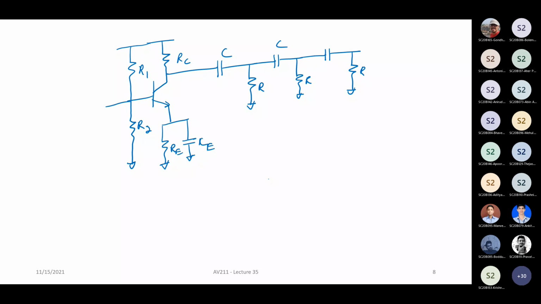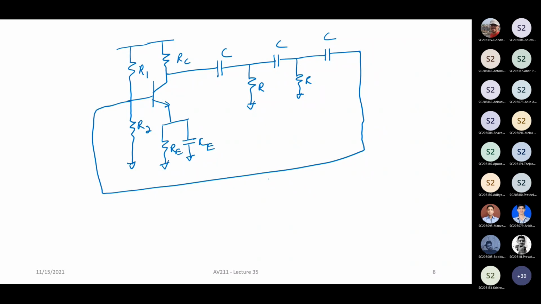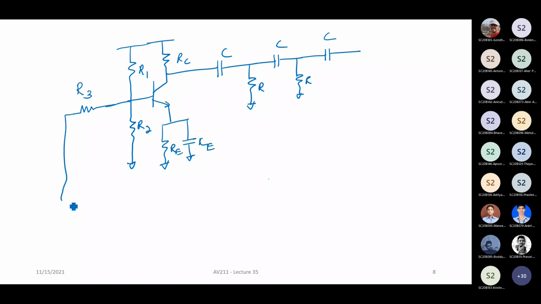So here what happens is you do not put this R here, but rather you take it like this, okay? And you add another R3 here. This R3 is designed in such a way that the combination of R3, R1, R2 and the impedance seen from here all put together, from this point it becomes an R parallel to R to ground. So R3 in series with R1 parallel to R2 parallel to the R pi of this one, the whole thing becomes R. So that's the way you will design it.